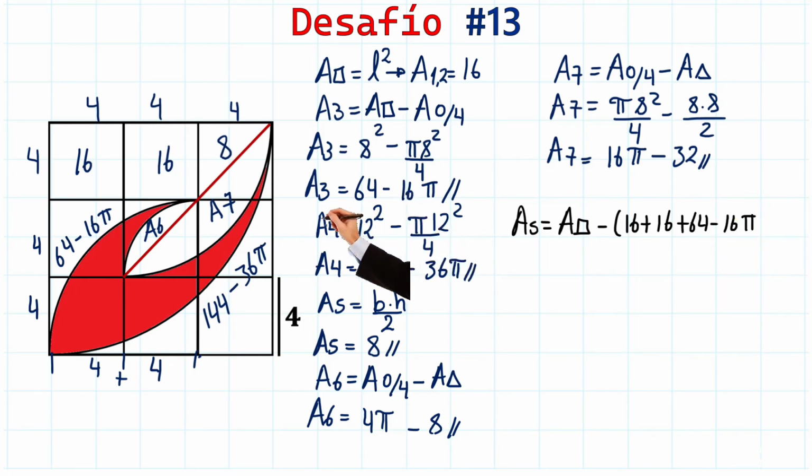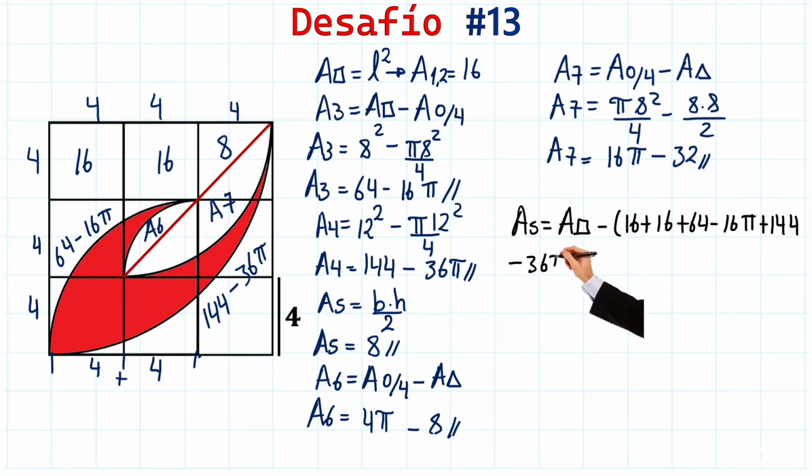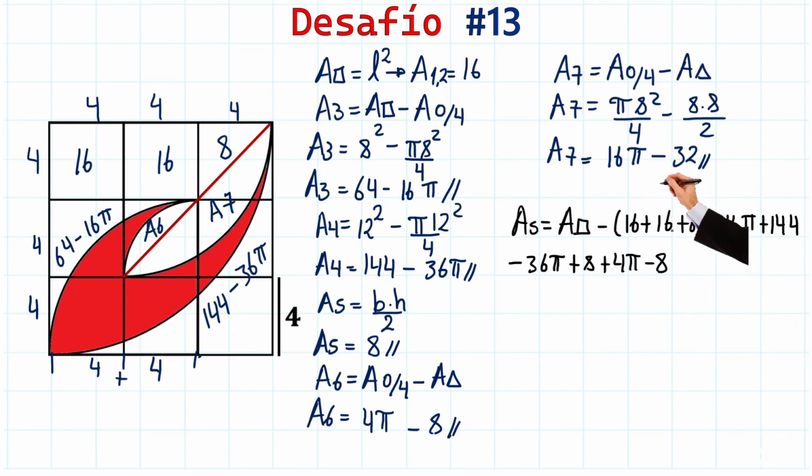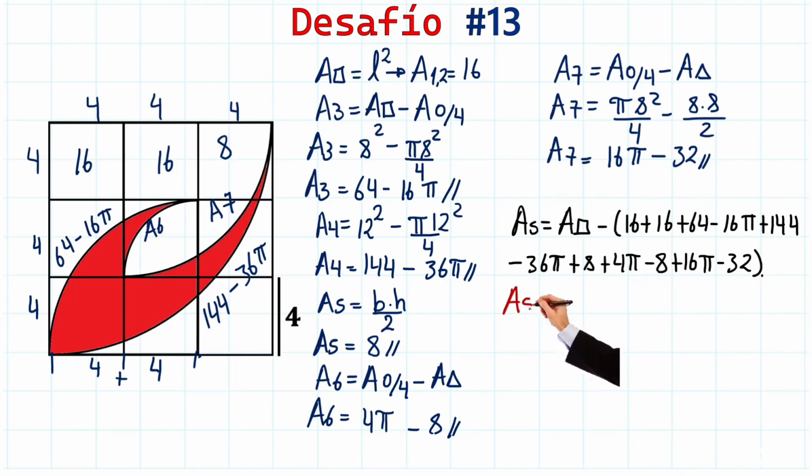Then we have area 4, which is 144 minus 36 pi. Let's continue. Then area 5 here, which is 8. We have plus 8. Then area 6 here, which is 4 pi. Plus 4 pi. Minus. 1, 2, 3, 4, 5, 6, very good, 7, 8, 9, 10. And finally, area 7, which is 16 pi minus 32. Phenomenal. And here we have that the shaded area is going to be equal